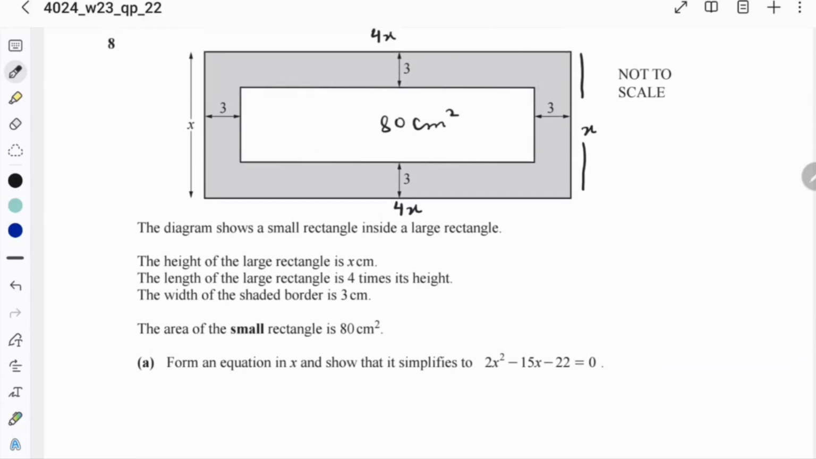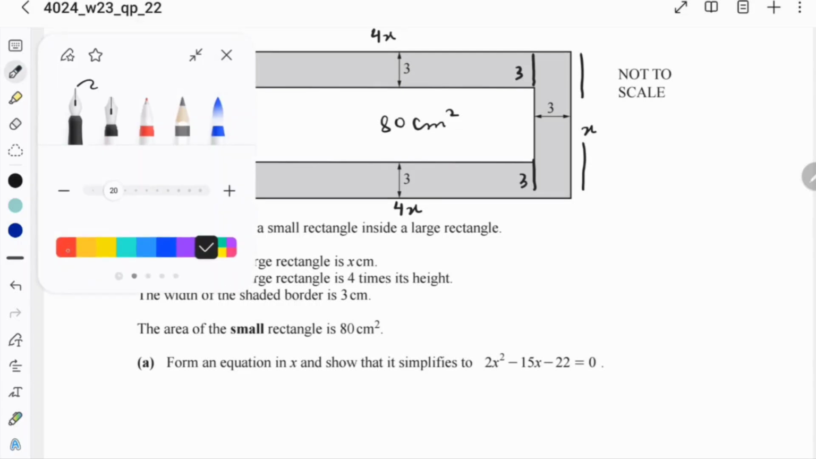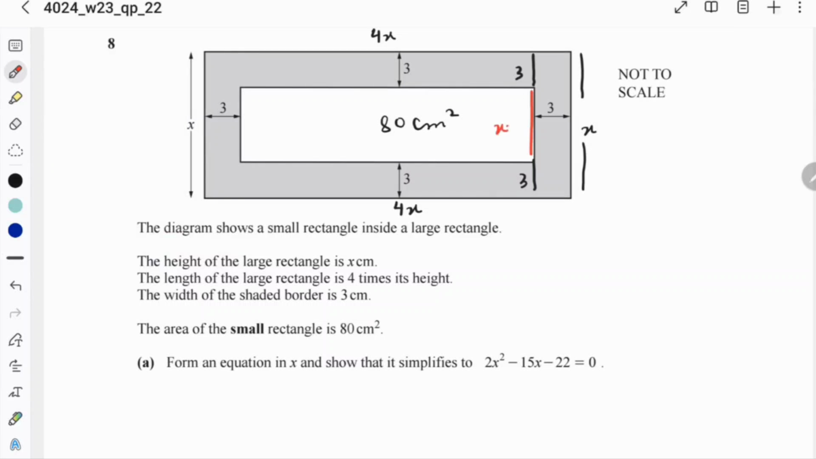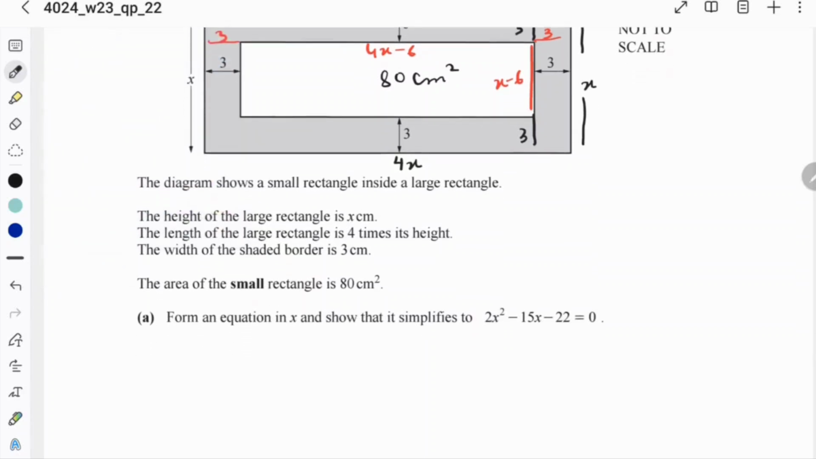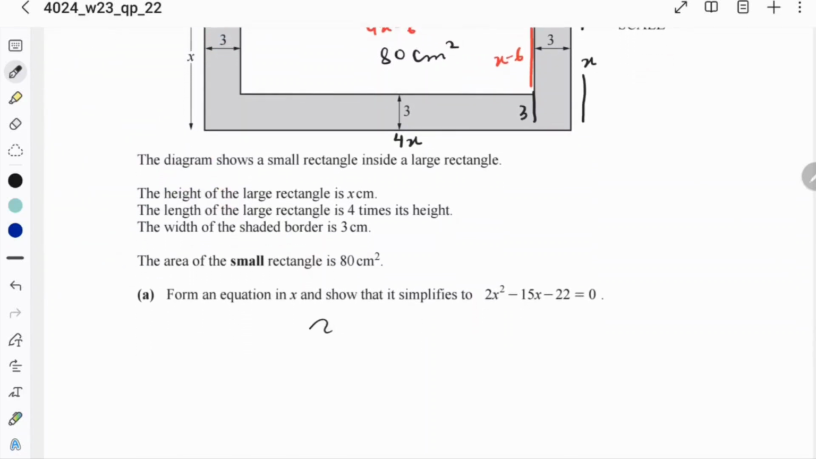The total length is x. This is 3 and this is also 3, so the width dimension, which was x, will be x minus 6. The other side was 4x, and here it's the same thing. 3 is there and 3 is there also, so that will be 4x minus 6. So the area of the rectangle, which is unshaded and smaller, equals 80. Length into width equals 80, so x minus 6 into 4x minus 6 equals 80